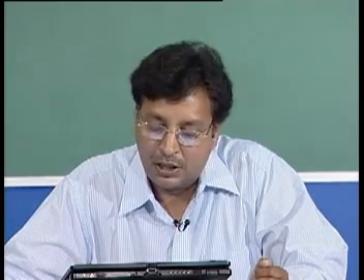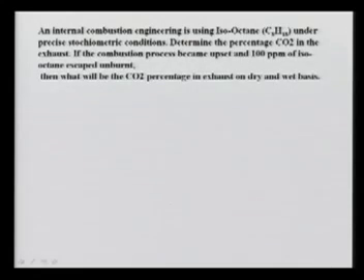And it also says, if the combustion process became upset and 100 ppm of isooctane escaped unburnt, then what will be the CO2 percentage in exhaust on dry and wet basis. So we will do this one. In order to do this, we have to invoke the combustion fundamentals or combustion engineering. Okay, let's draw a line here. If you recall, any hydrocarbon fuel which has carbon and hydrogen, if it burns,